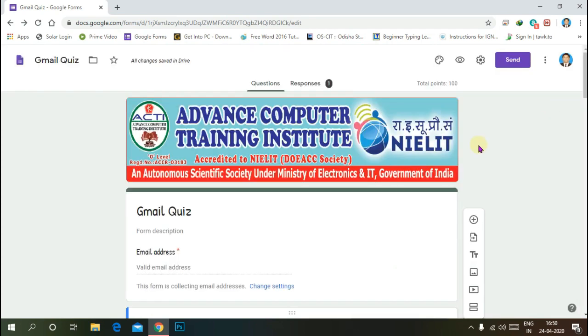Then close the theme option. You cannot set any more options because Google provided only simple options for beginners who don't know anything about computers, but they can create a simple quiz for the students or friends, followers.